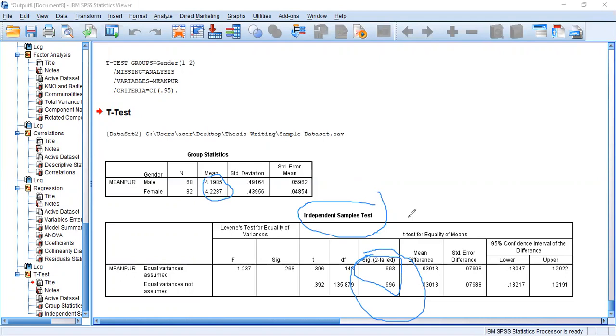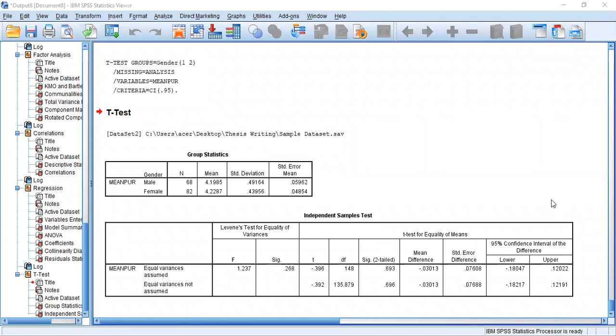That means purchase intention of male is equal to the purchase intention of female. So there is no statistically significant difference of purchase intention between male and female. So likewise, you can do this kind of mean comparison analysis.